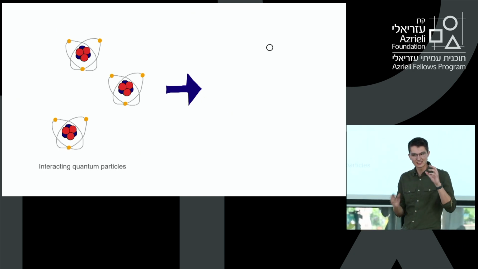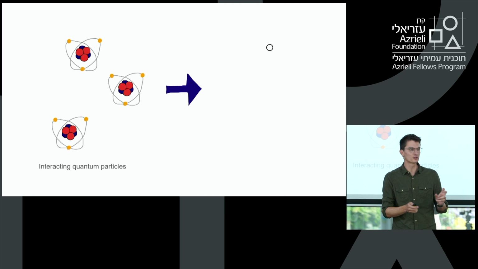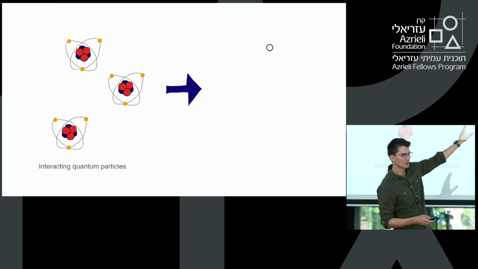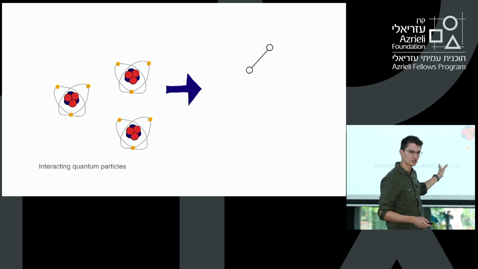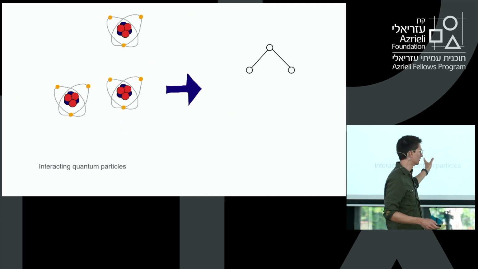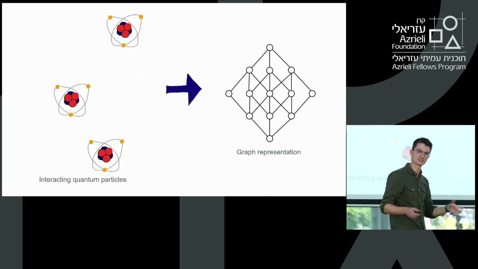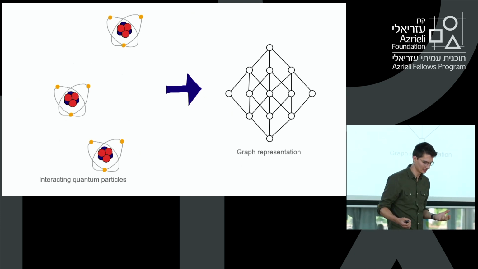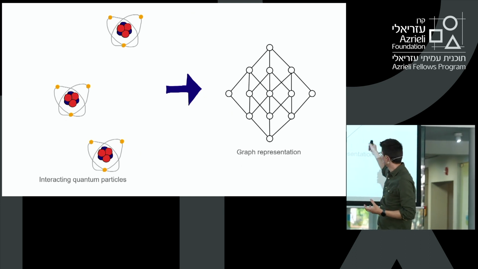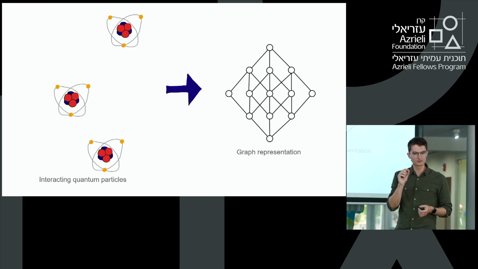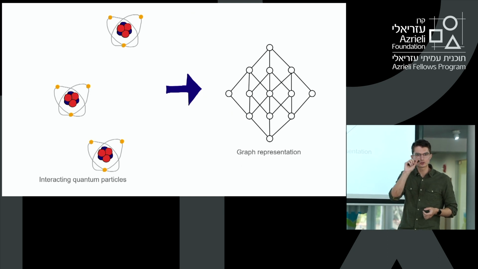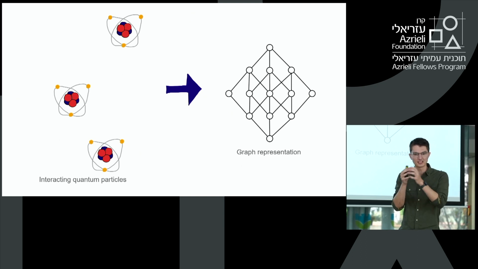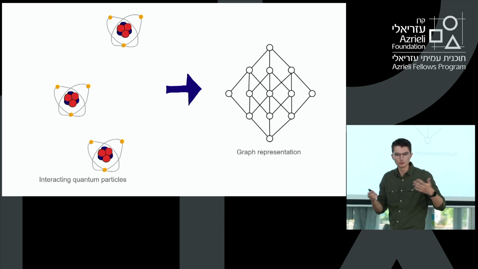Now the important thing is each configuration of these particles can be represented by a node in our graph, so this little circle. So this is one configuration, it maps to a node. I might have another configuration, this adds a second node to our graph. A third configuration adds a third node, and so on until we build up a whole graph representation of our interacting system. So to make it really clear, each circle on the right here represents a particular configuration of my particles, and the links drawn between them, I draw a link whenever I can go from one configuration of particles to the other, according to whatever the rules of the system I have are.